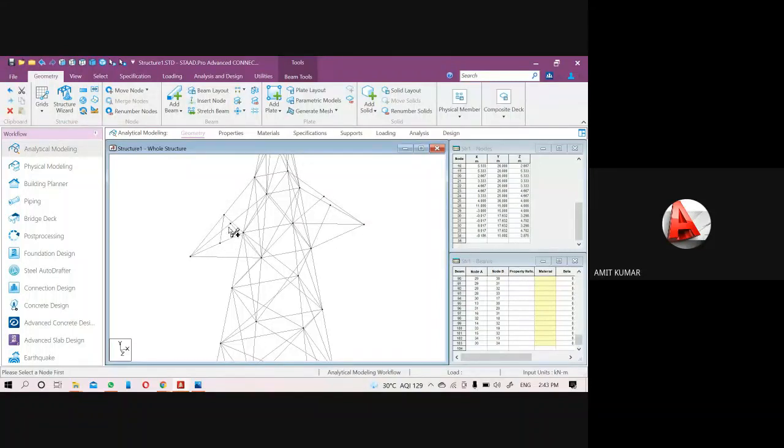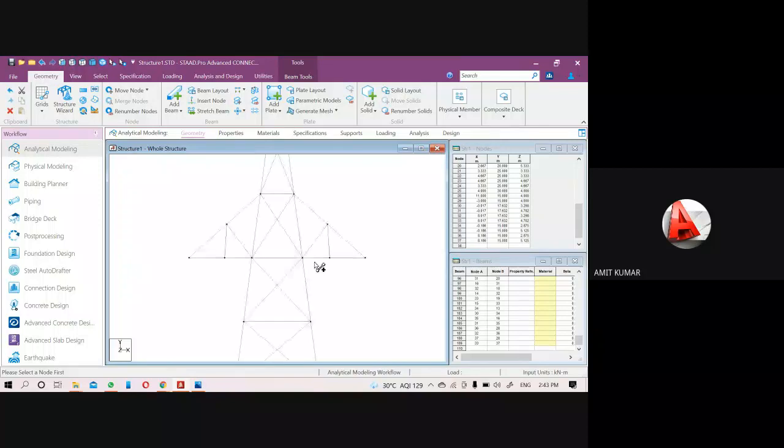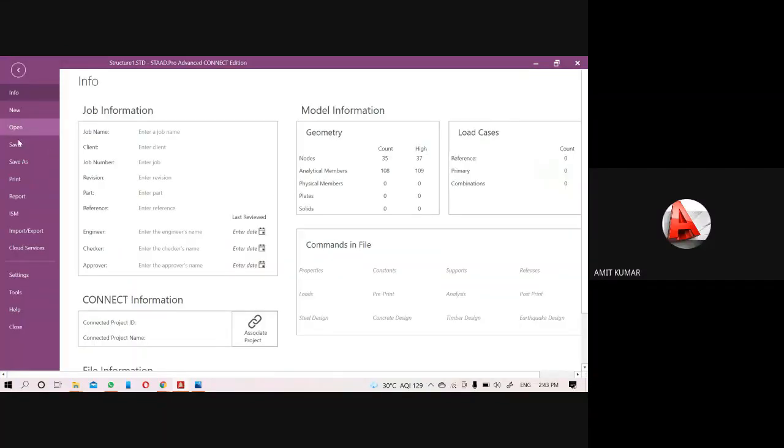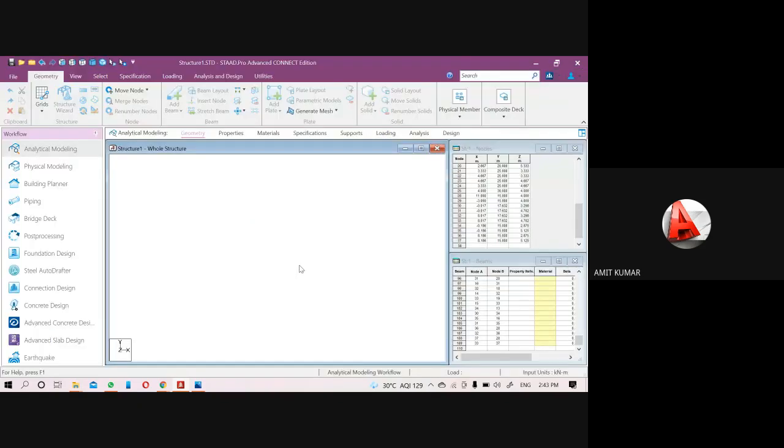Then here. So now a complete structure has been created. So let me save this file first. So now its name is structure one.